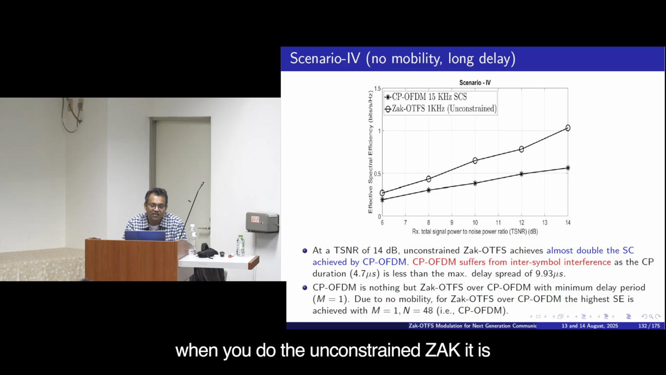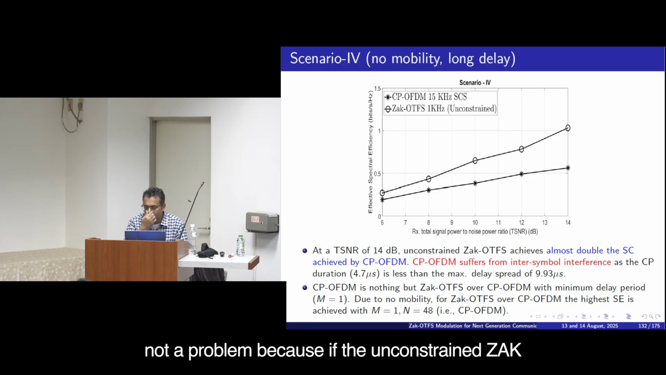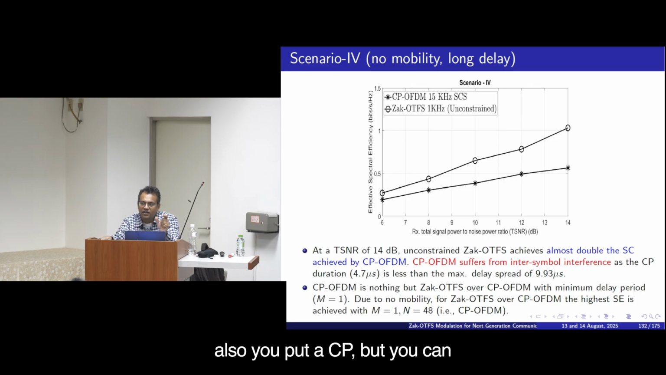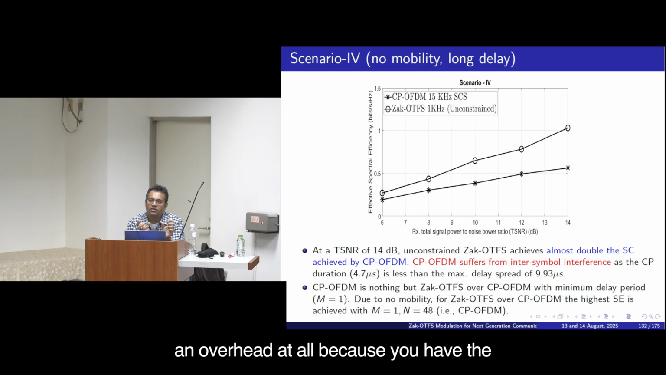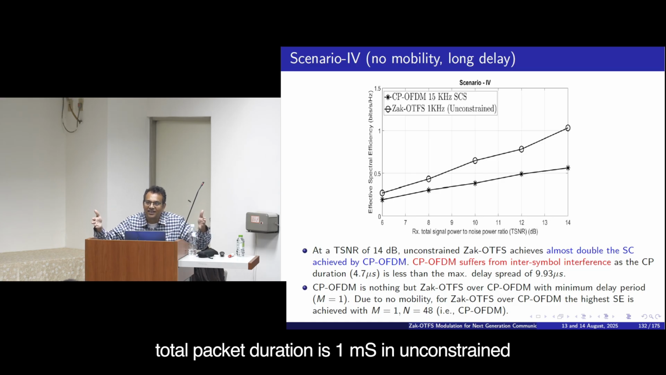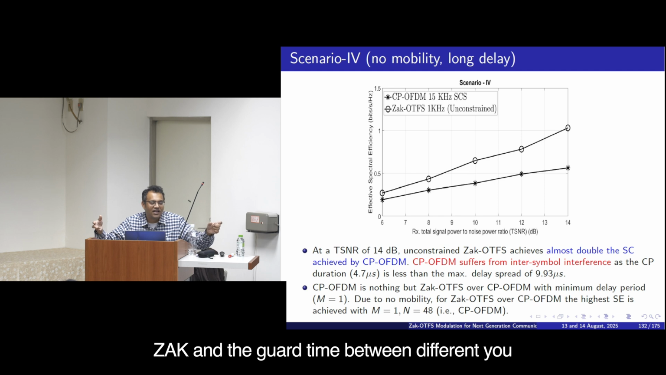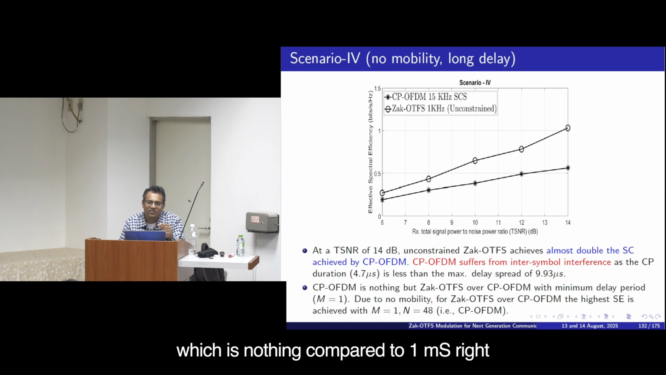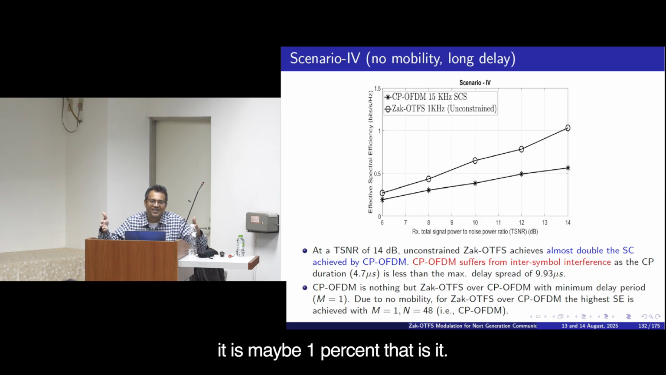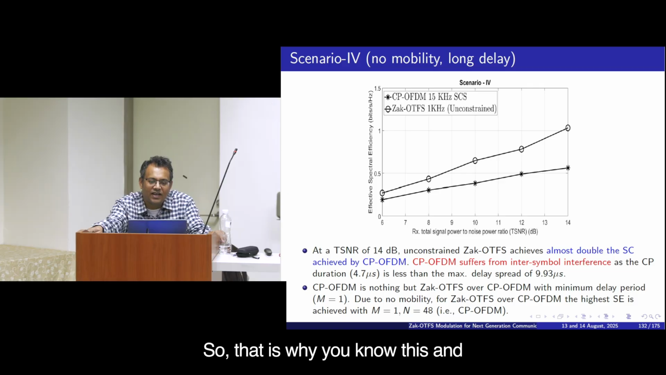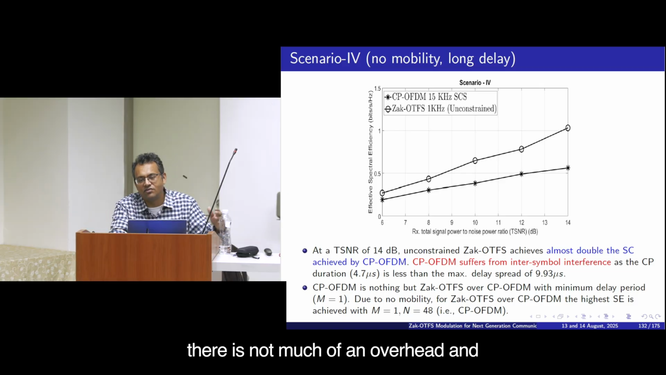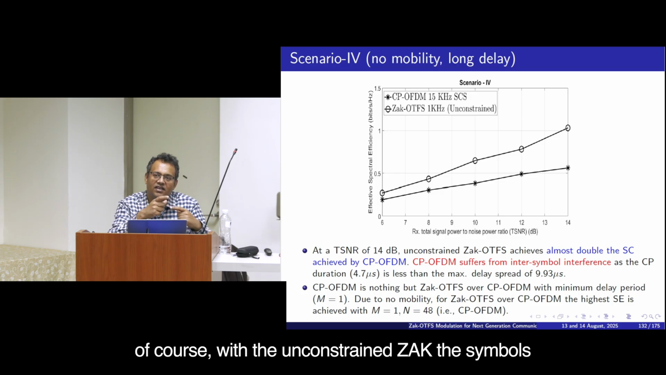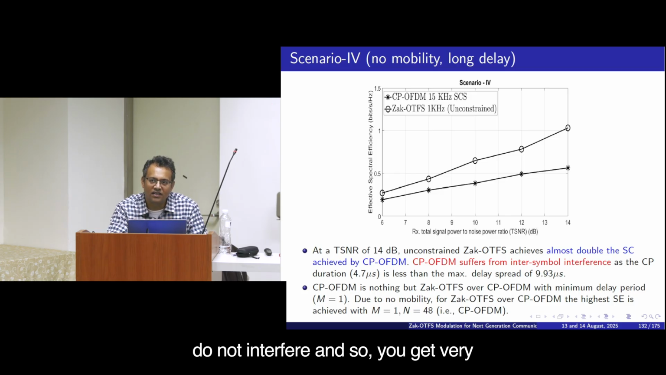But when you do the unconstrained ZAAC, it's not a problem, because in the unconstrained ZAAC also you put a CP, but you can put a CP of 10 microseconds, let us say. But the 10 microseconds is not an overhead at all, because the total packet duration is 1 millisecond in unconstrained ZAAC, and the guard time between different unconstrained ZAAC packets is only 10 microseconds, which is nothing compared to 1 millisecond. It's maybe 1%, that's it. So there's not much of an overhead, and obviously with the unconstrained ZAAC the symbols don't interfere, and so you get